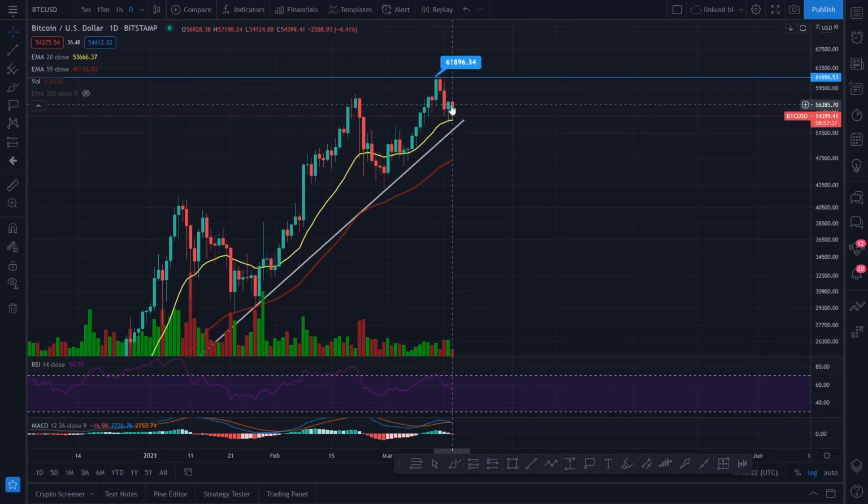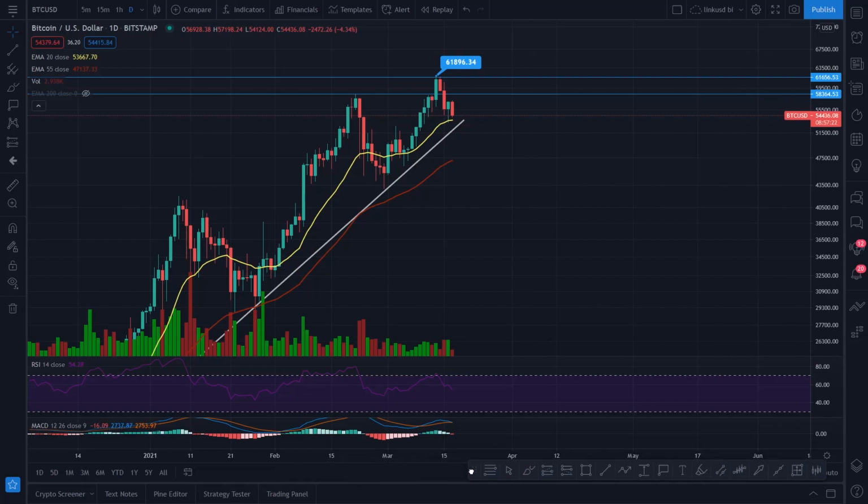Failing that, we may have just come down to the Fibonacci levels now, and we may be refueling off of 20 and may push up to test this high here. I would imagine that we would run into a bit of resistance just there, guys, if we were to push up from this point. I did make a video yesterday on Bitcoin